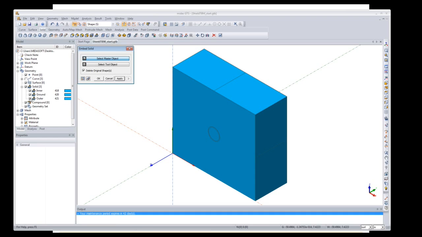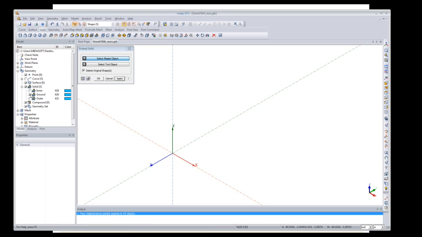So now if I check off everything here, you will see the ground now has a hollow cavity in it. Now I want to repeat this for my inner and outer circles. So I'll say master object, let's say the outer one, and the inner one I can just say inner from here, and I'll say preview, and then I'll say